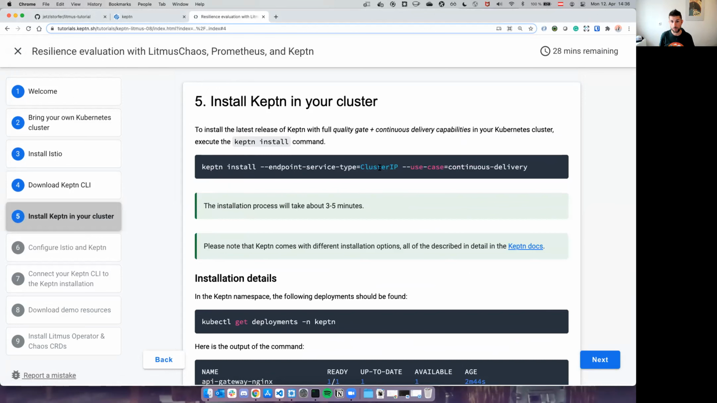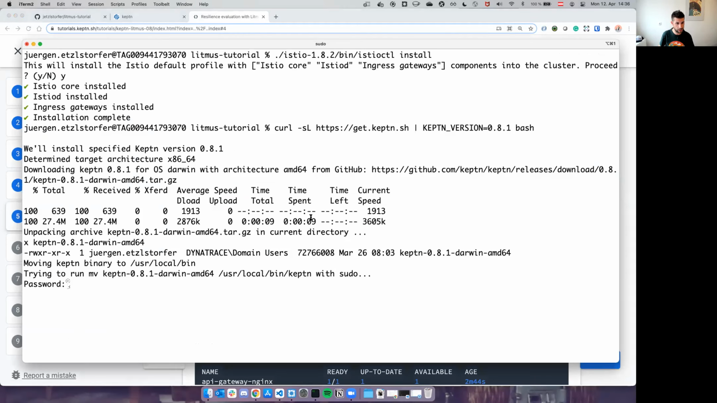We will use the cluster IP endpoint service type for Keptn. We won't expose it via node port because we will do this part with istio, the exposure of the Keptn API and the services that Keptn manages. So istio will be our ingress in this example. And the use case we are having for this installation is the continuous delivery use case. I will just talk about this in a second, but first let me go ahead and install